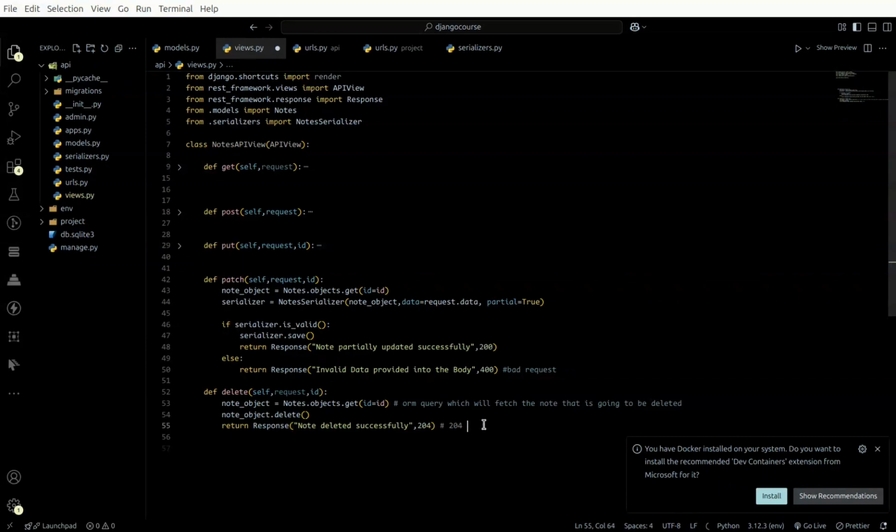204 status code is for no content found. It is basically used for delete methods. We want to inform users that no content is found for this URL now, because it is deleted. And one thing that I would like to catch here is, suppose someone passes a wrong